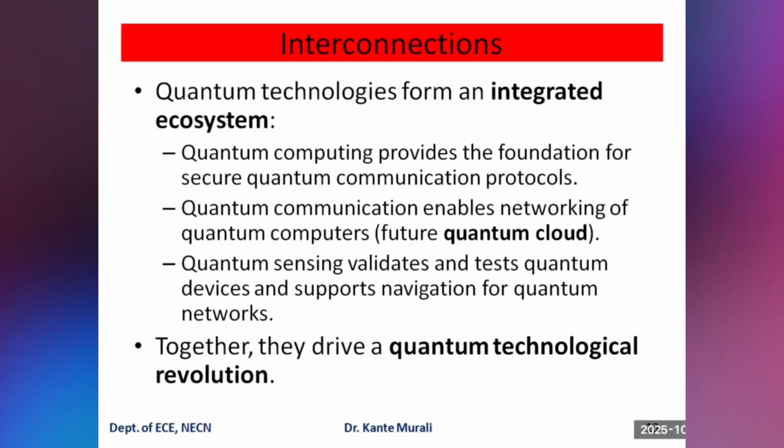Now, however we discussed the quantum technologies in different ways, quantum computers process data, quantum communication links them securely, and quantum sensors help calibrate both. This is only forming the overall integrated system. Even though we study them individually, all together they will be an ecosystem for future applications. That means together they drive the quantum technological revolution, not individually. We are supposed to integrate all of them in the same system, then only it becomes very useful. That means quantum computing, quantum communication, and sensing all have to be kept together in a single system.